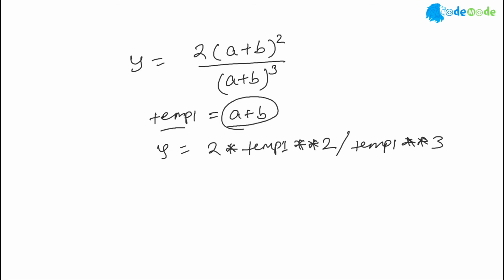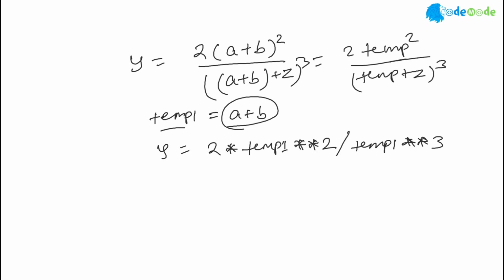You can see I calculated temp1 here, and this whole thing looks like now 2 temp square divided by temp cube. This is how actually it is. And now you can reuse it. But imagine if this is not the case, and I say this one is plus z cube. Then you will say temp plus z cube. This is pretty straightforward math, but it's common sense to some extent,